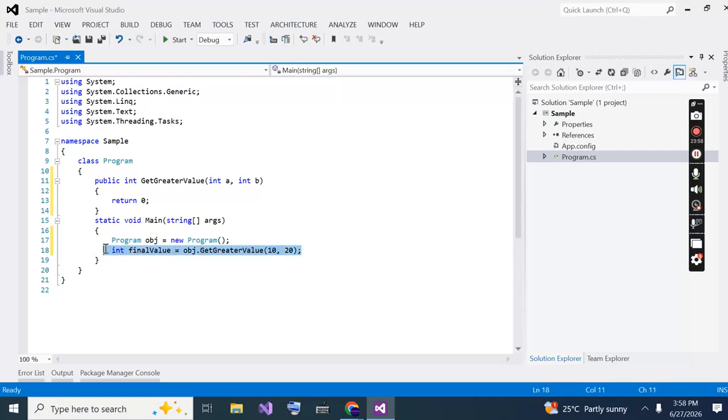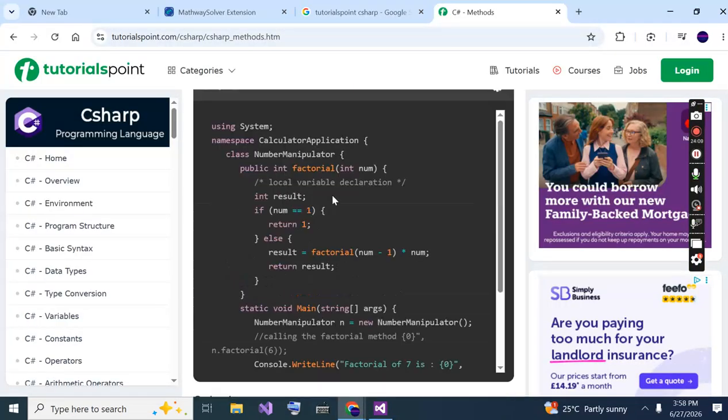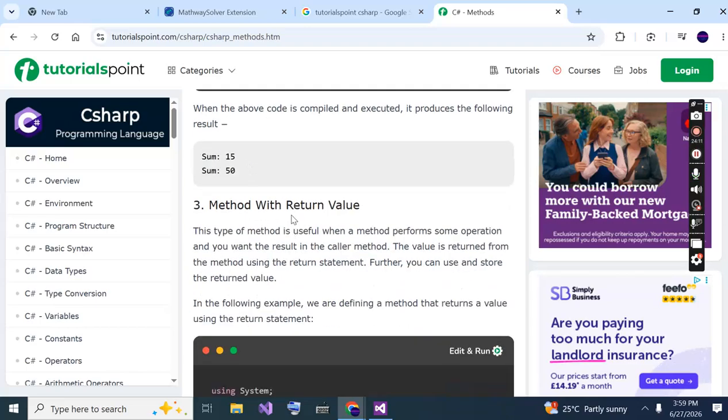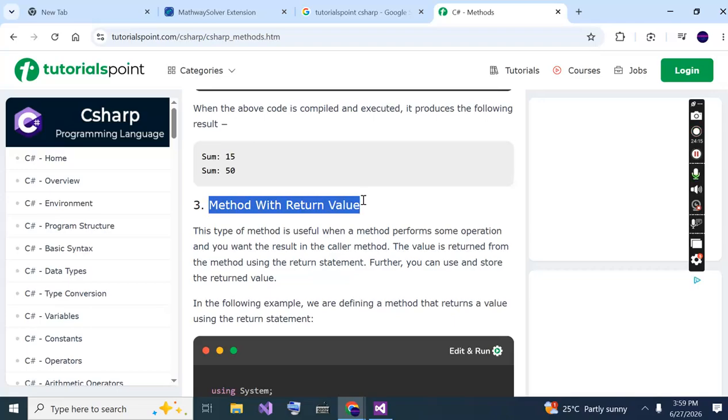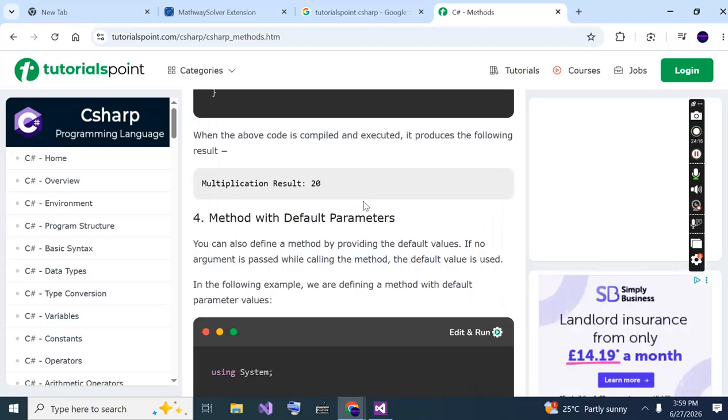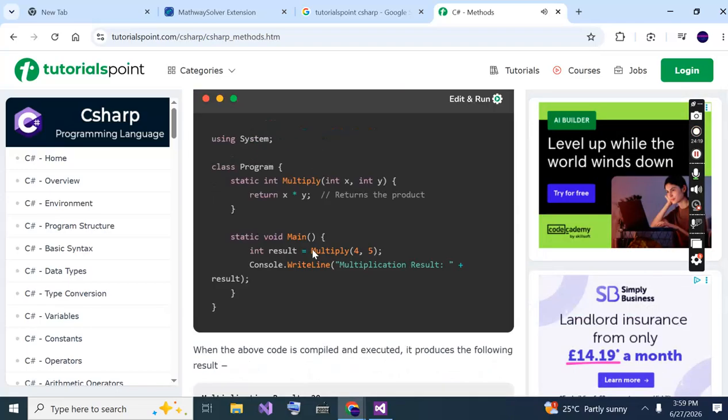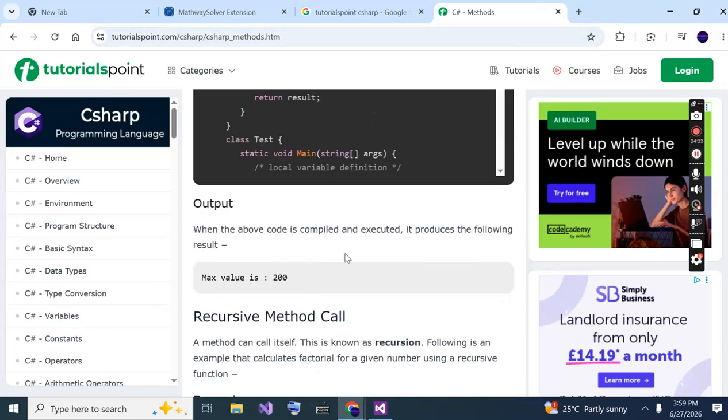Okay, so everyone knows this, like how to create, how to define a method and how to call a method. Bala has to go through this entire theory, and you are going to come back tomorrow. Method with return value, everything is there. Already everyone has gone through it. Okay, and then next thing is